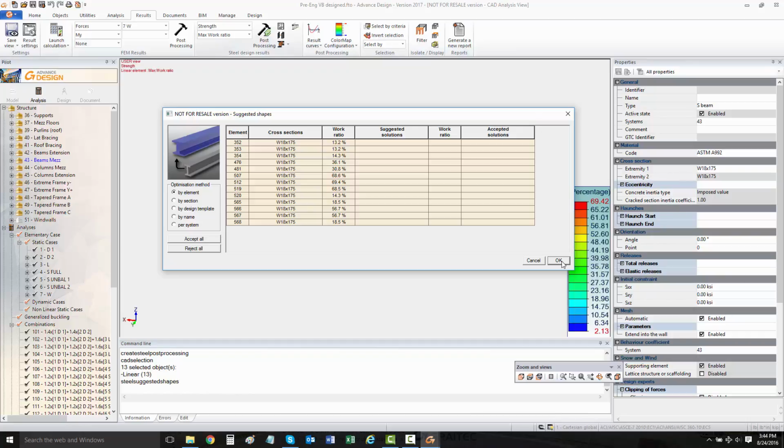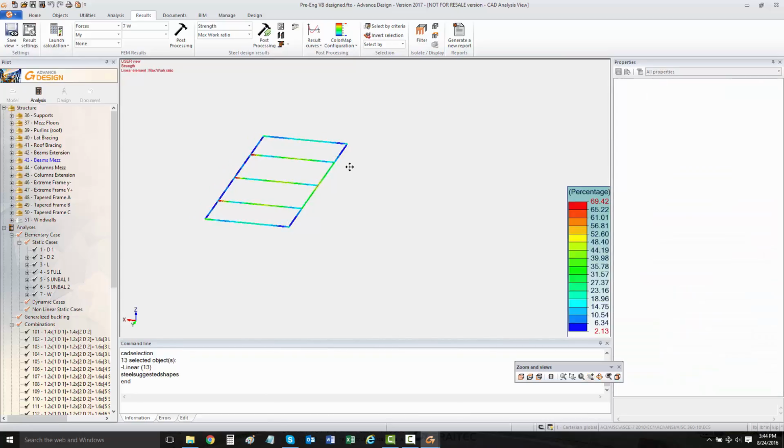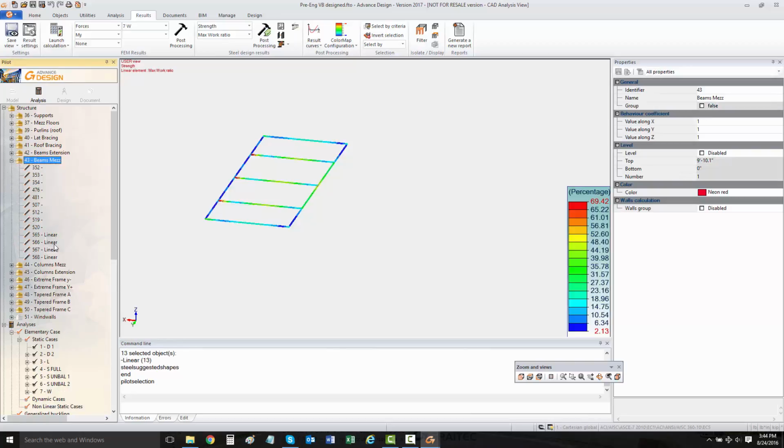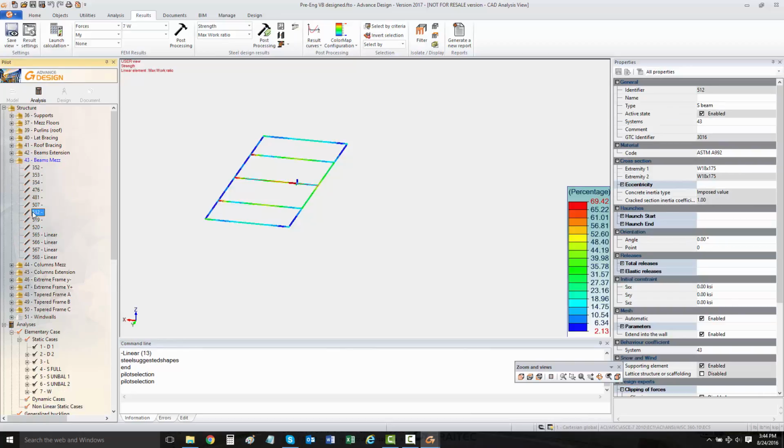So we could see them here. So for instance, if I wanted to visualize these results in a spreadsheet or get a calculation note, we could easily, we're going to pick out that 512, which is this element right here, that is the most solicited, and we could go in and visualize what